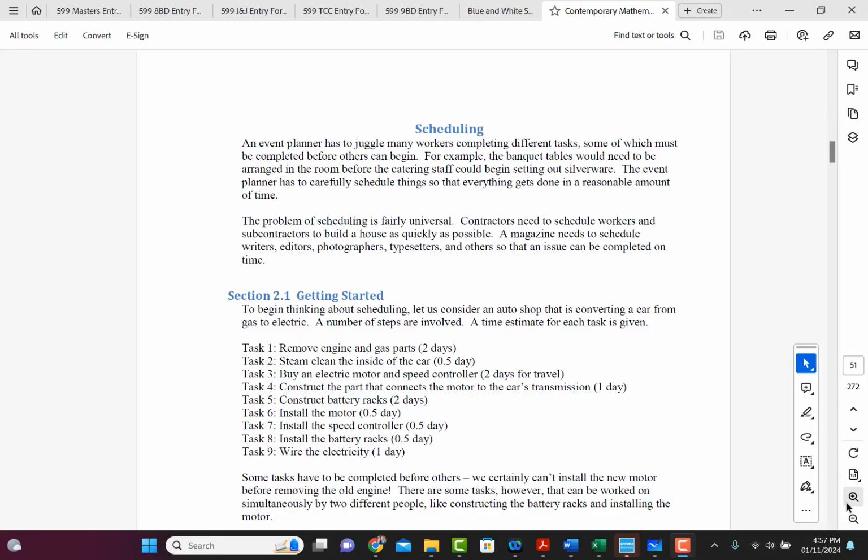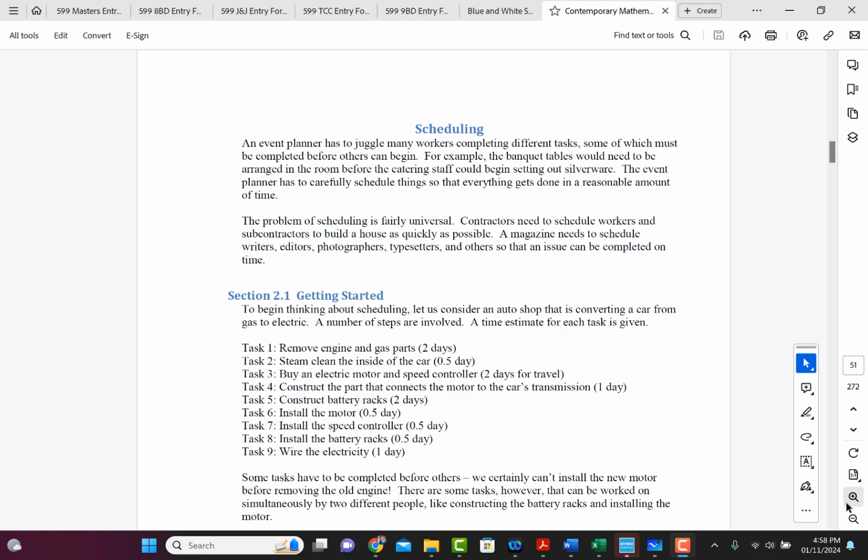Okay, welcome. And now we're going to talk about scheduling. An event planner has to juggle many workers completing different tasks, some of which must be completed before others can begin. For example, the banquet tables would need to be arranged in the room before the catering staff could begin setting out silverware. The event planner has to carefully schedule things so that everything gets done in a reasonable amount